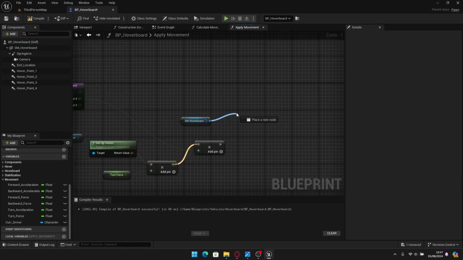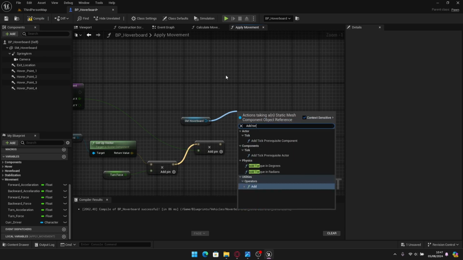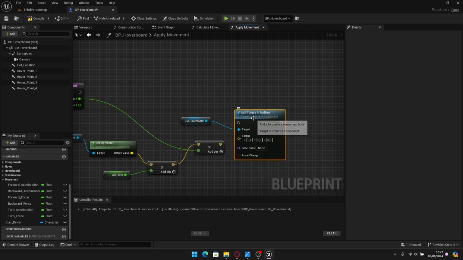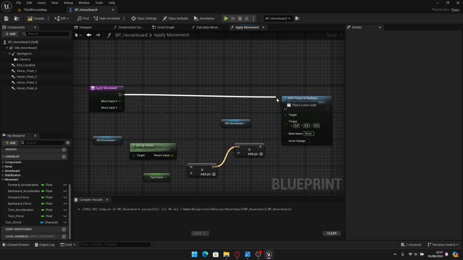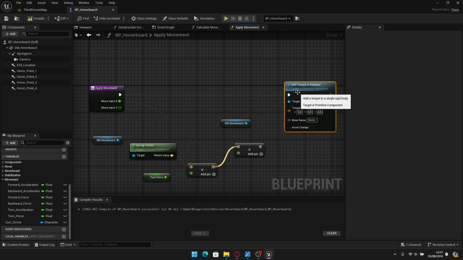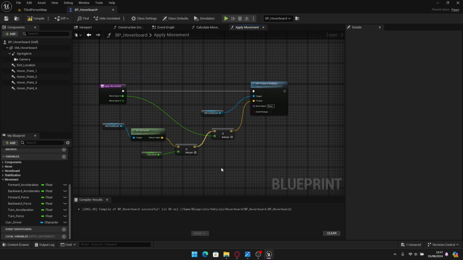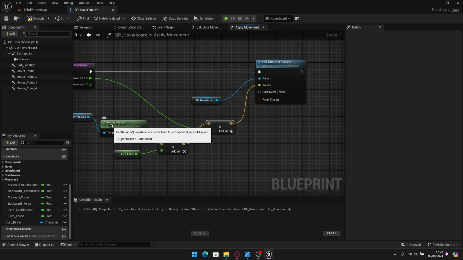And from this we can type add torque, and let's use this one here, add torque in radians. Just click on this and connect the execution pin, and of course the torque to apply is this one here, so just connect in the torque input, and there we go. So basically now when we press A or D on the keyboard, we will rotate the hoverboard in the up